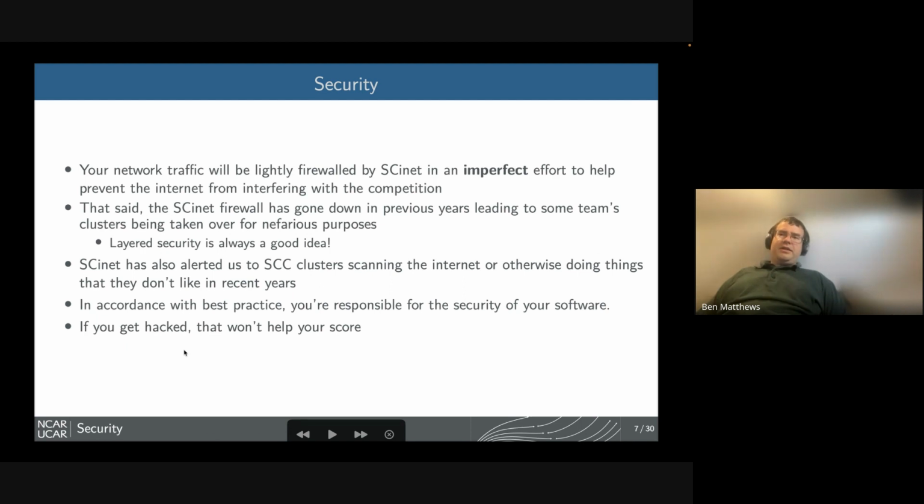All right, so security, this was a bit of a thing last year. It's been a bit of a thing on and off. The network you plug your cluster into will be lightly firewalled by SCinet, but the SCinet firewall has been, let's say, imperfect in past years. So the goal behind the firewalling is to prevent the internet from interfering with the competition. It's not necessarily security. And the SCinet firewall has gone down for periods of time in the past, and it's pretty well known. SCinet is typically the largest research network on the planet for a week a year, and it